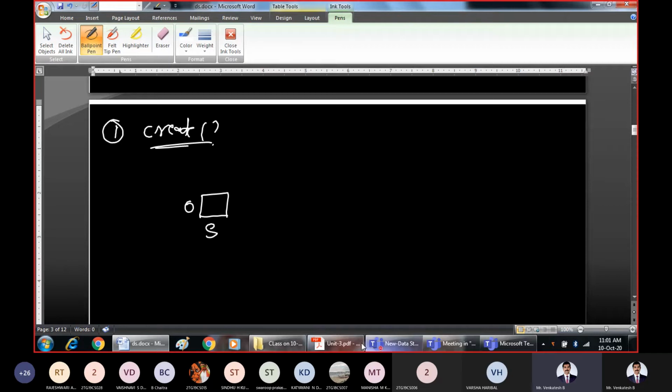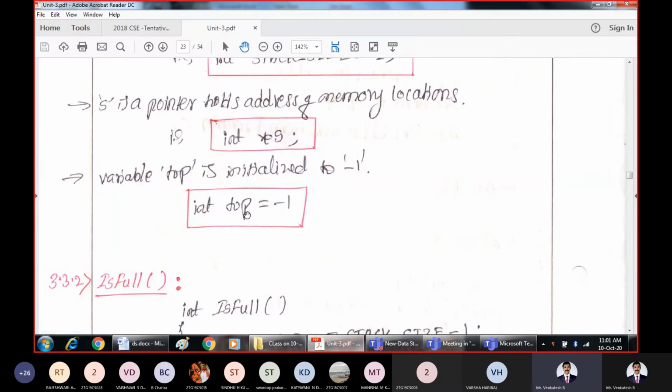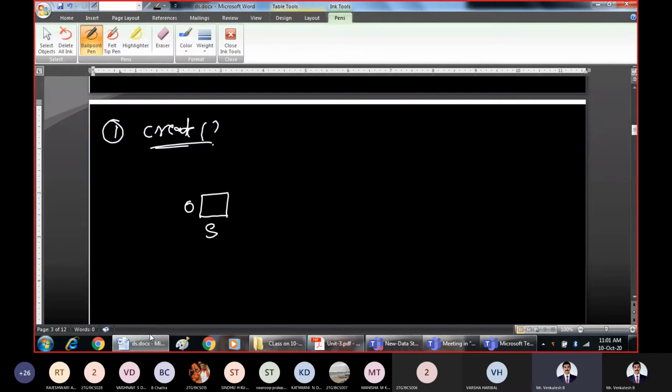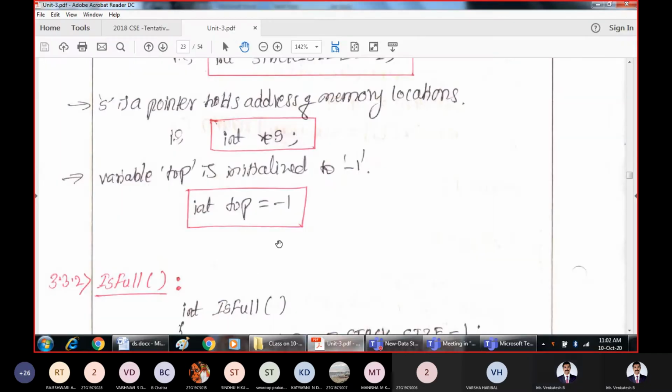And other than that, we are initializing top to -1. This is what we have created. We are starting with only one location because it is possible that during the execution, you may not want more spaces. So unnecessarily, we are not allocating space. If it is required, then only we will allocate.